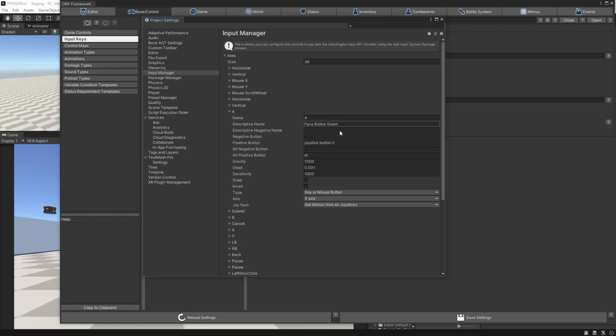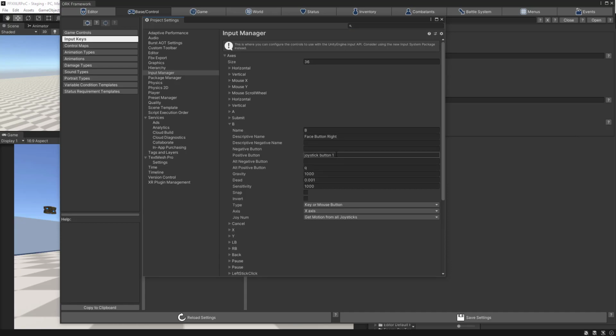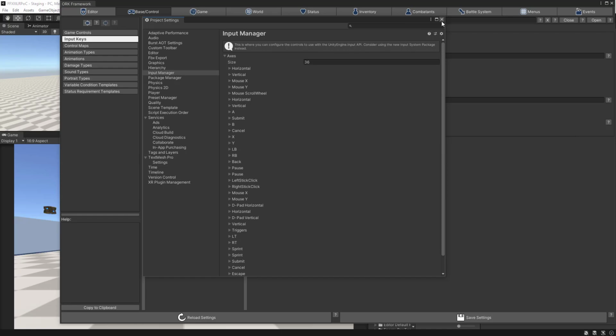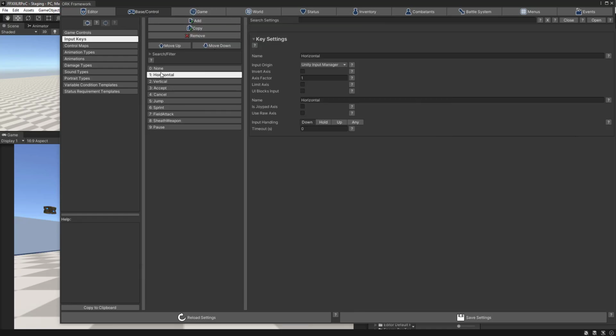Those are already mapped to some joystick button. Alternatively, they have key binding as well, but we are going to be using just the controller for this case. So let's close it up, project settings, and go back to the ORK editor,